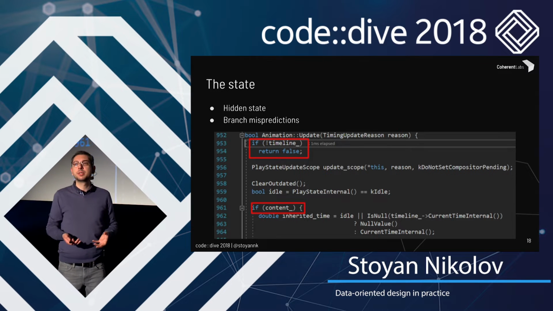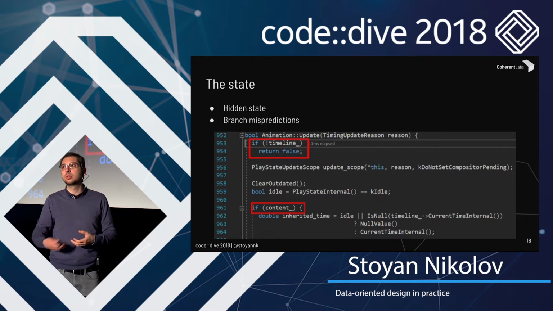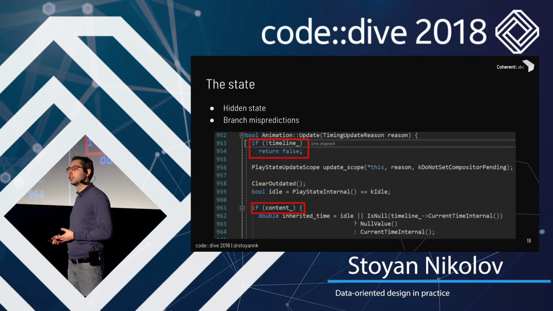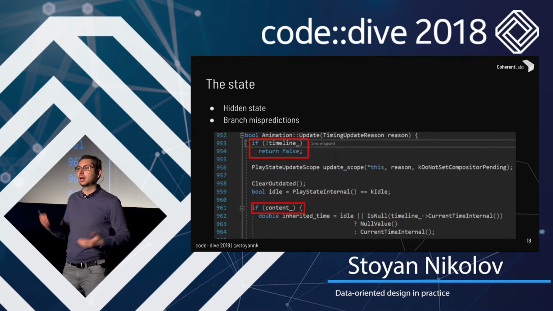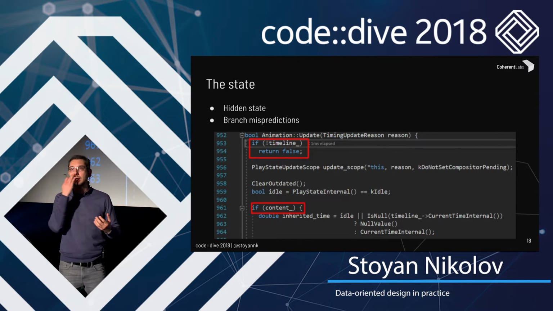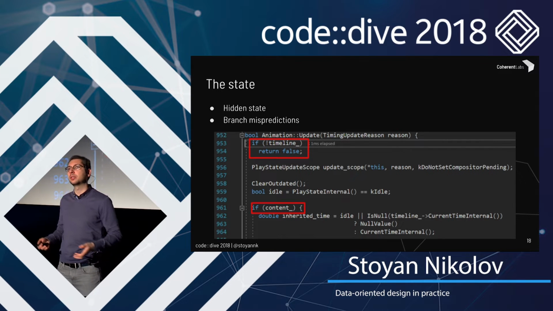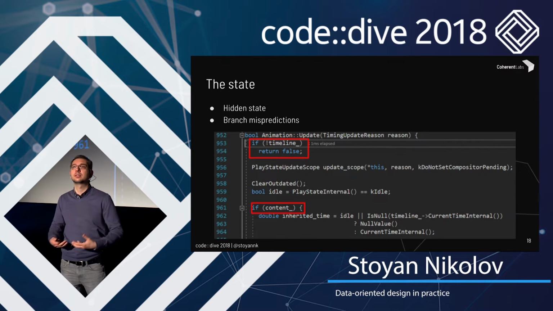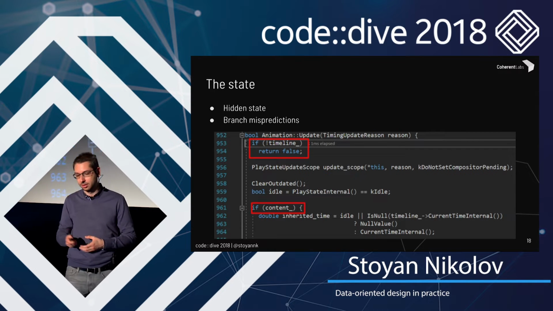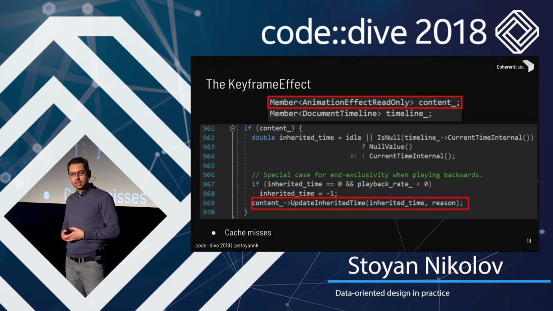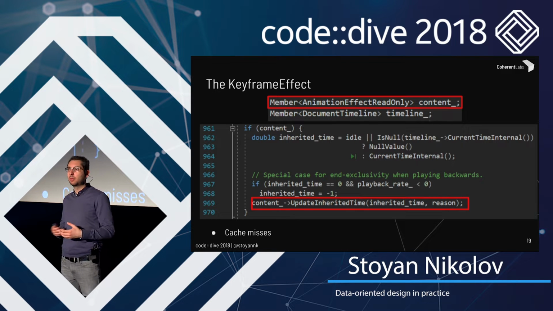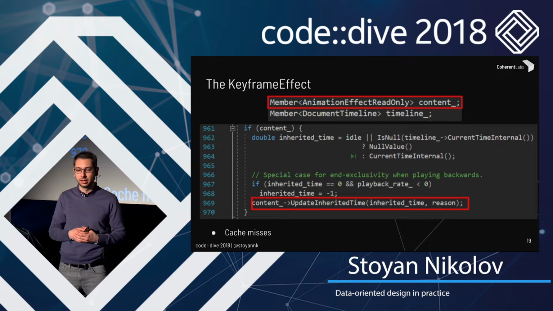Then we might have branch mispredictions because the CPU tries to guess all the time where your branches will be going. And if we have, let's say, 50-50 animations that have to run and animations that don't have to run, the branch predictor will be put off. It cannot really tell which branch to take all the time. And we see the same thing a couple of lines down with this if content. So I won't go into every call stack because it's a very deep one. I'll just be looking at the highlights.